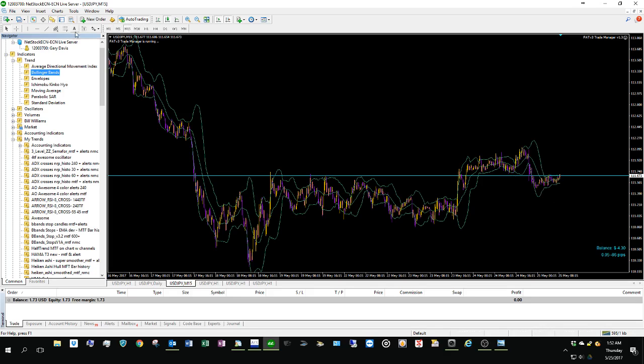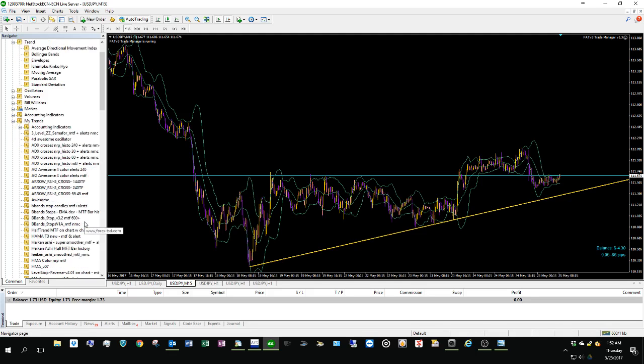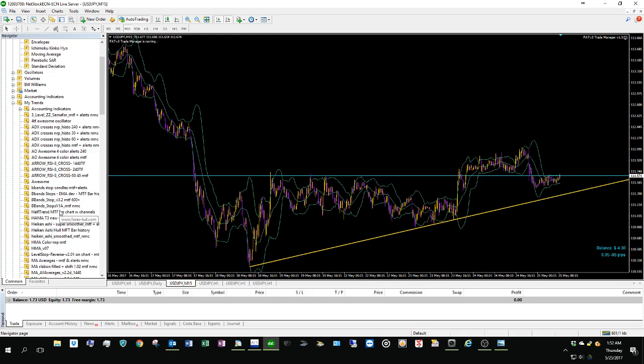So if we were trading this and had a trend line on here like this, we want to try to pick these lows to buy into. We wouldn't want to get them when they're up here at the top of the current Bollinger Band. Now you can see that there's other options of taking a look at this, other ways of taking a look at this that might be a